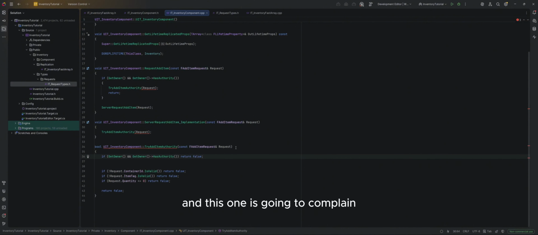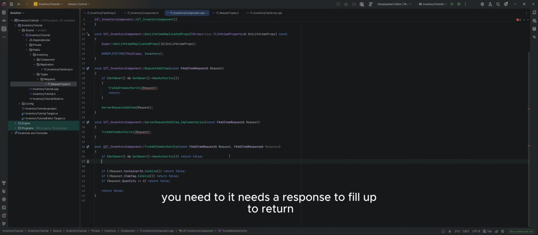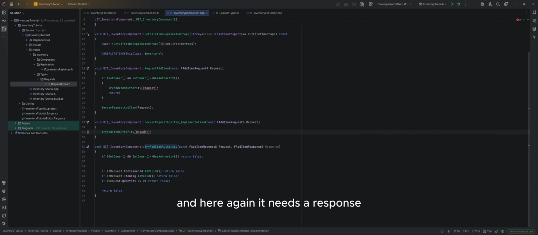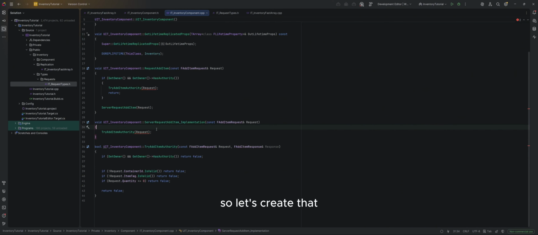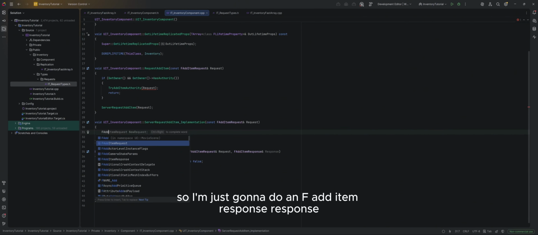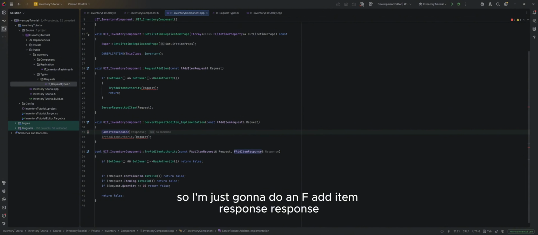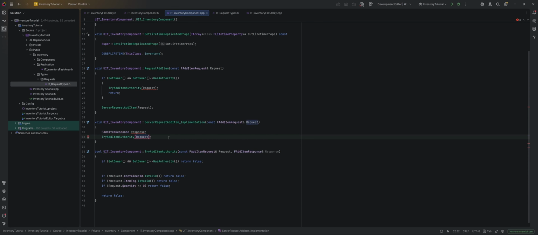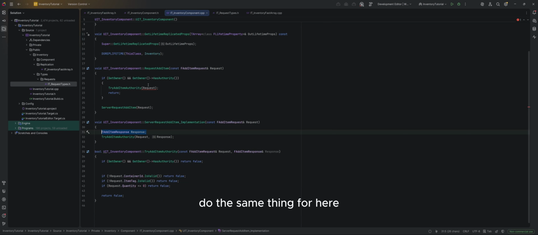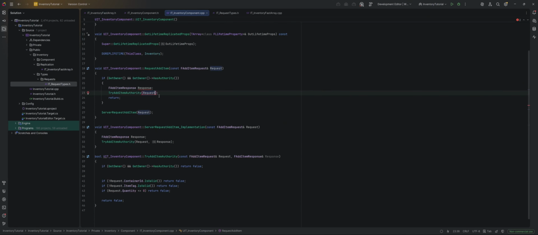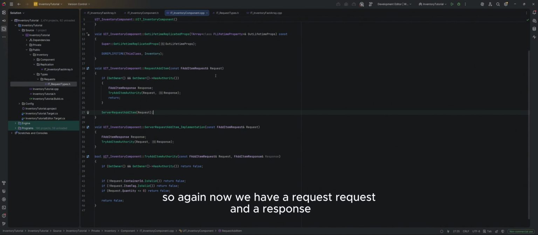and this one is going to complain because now we don't have a response. So here we go. It needs a response to fill up, to return. And here again it needs a response, so let's create that. So I'm just gonna do an FAddItemResponse, pass in the response. That stops the complaint. Do the same thing for here, response. Okay, so again now we have a request